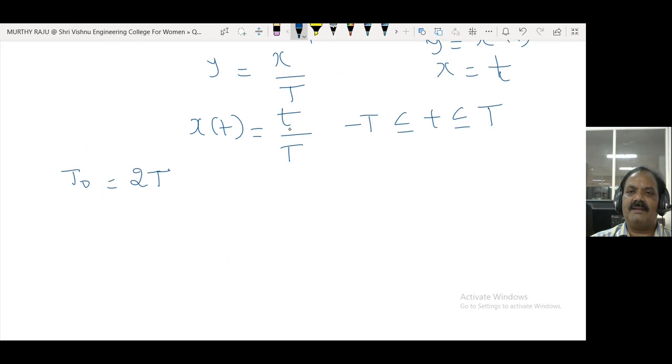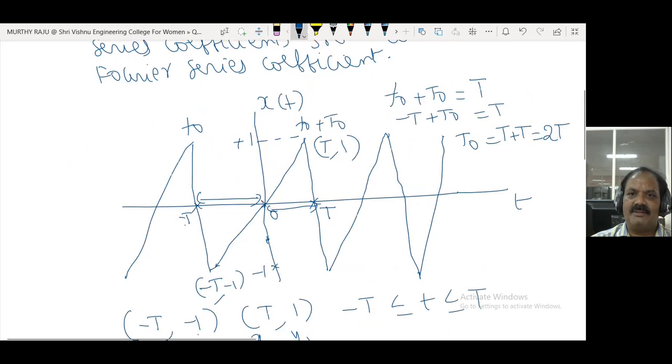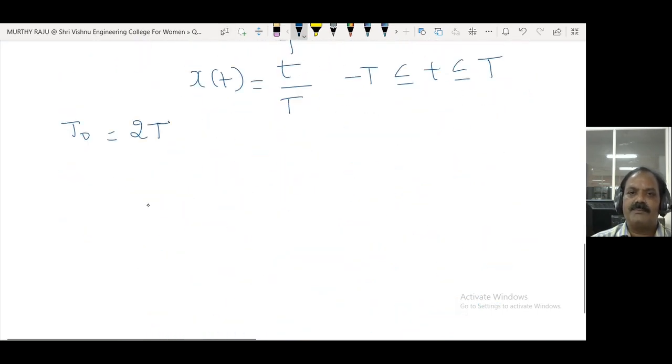Suppose t is equal to minus T, then t by T is minus 1, so at minus T the value of x of t is minus 1. At small t equal to capital T, t by T is 1. At small t equal to 0, the value is 0. That equation is satisfied. The exponential Fourier series is the sum over n from minus infinity to plus infinity of